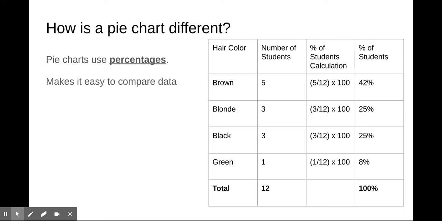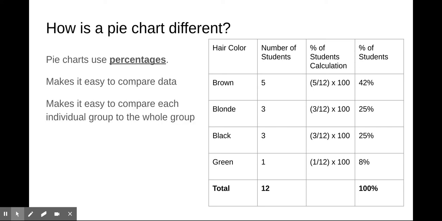And what that does is it makes it easy to compare data. Because if I'm comparing a group of 10 students to a group of 25 students, it would be helpful to know the percent. It's also easy to compare within a set of data if we have percentages. So it makes it easy to compare each individual group to the whole group. How we calculate percent is we take the part divided by the whole, and then we multiply it by 100. So if we look in the column that says percent of students calculation,